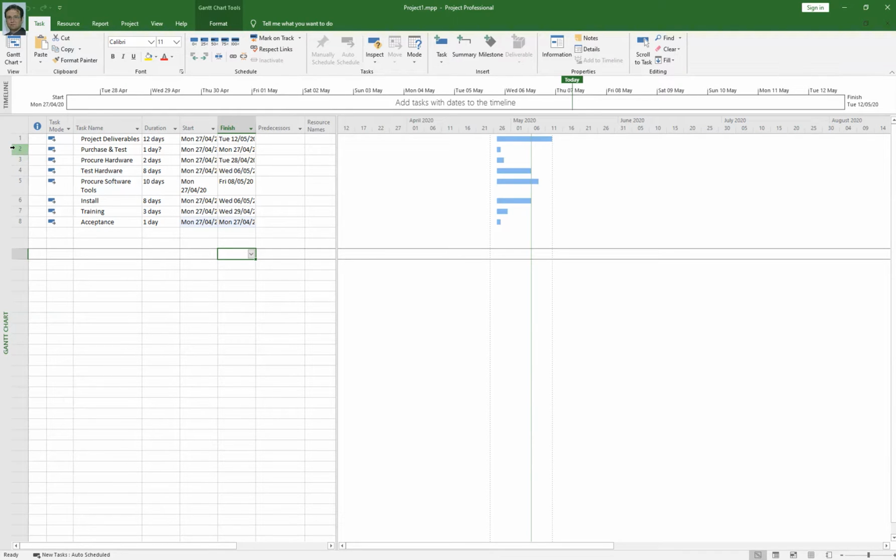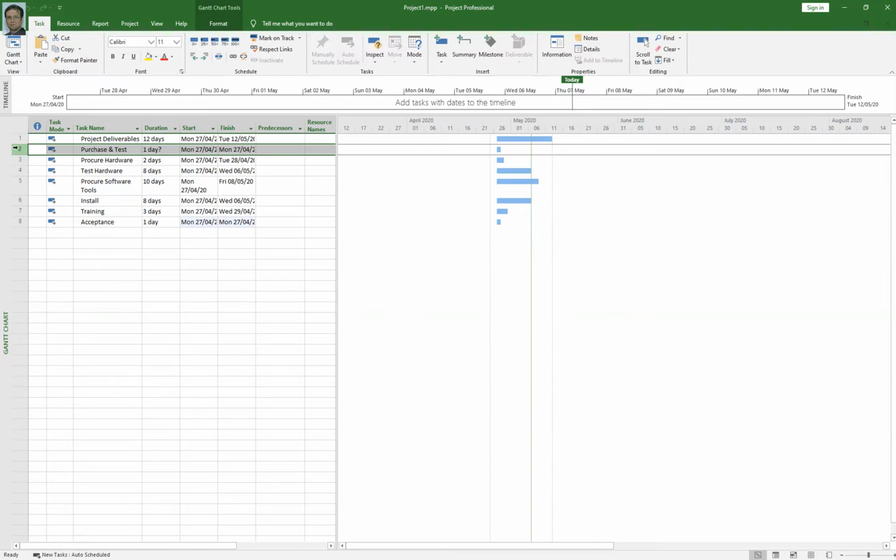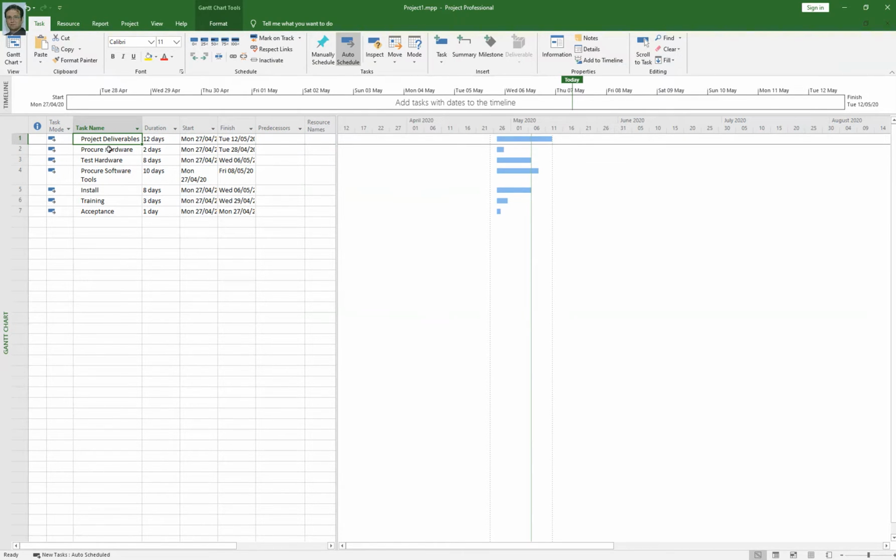So you want to make, for instance, procure hardware activity successor of project deliverables. So how you will do that? You will just click on procure hardware row, and then under predecessor column simply type 1. What is 1? 1 is the row number of project deliverables.